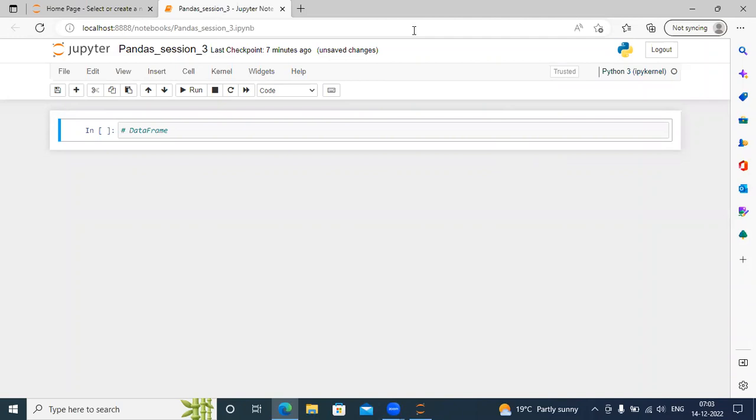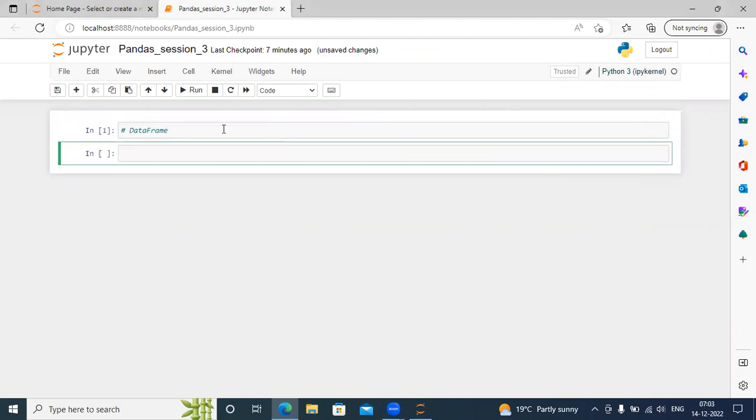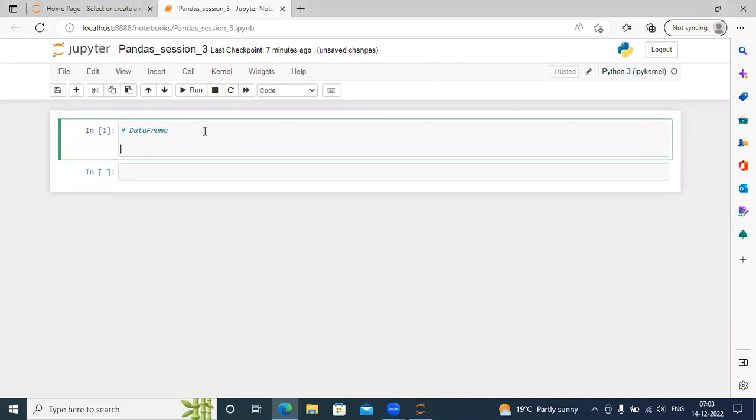We have discussed that series is a one-dimensional data structure. Whereas coming to this data frame, which is a two-dimensional data structure. We'll see a data frame is a two-dimensional data structure